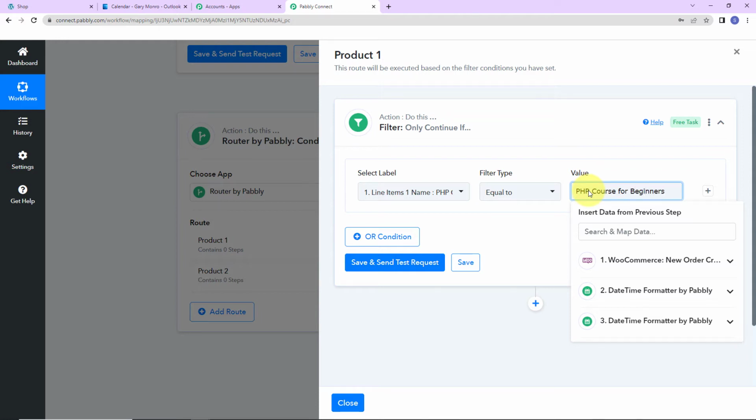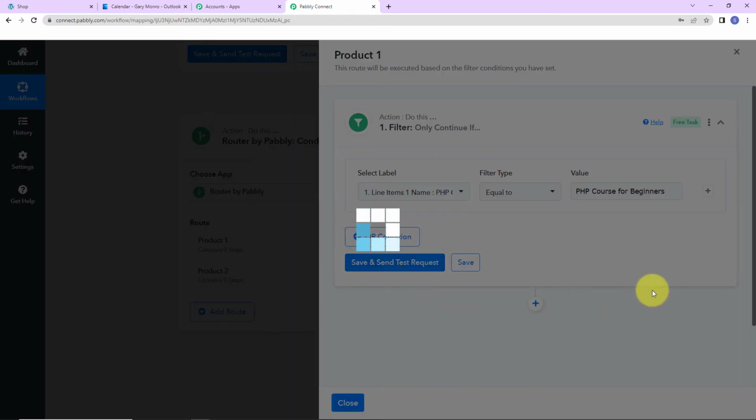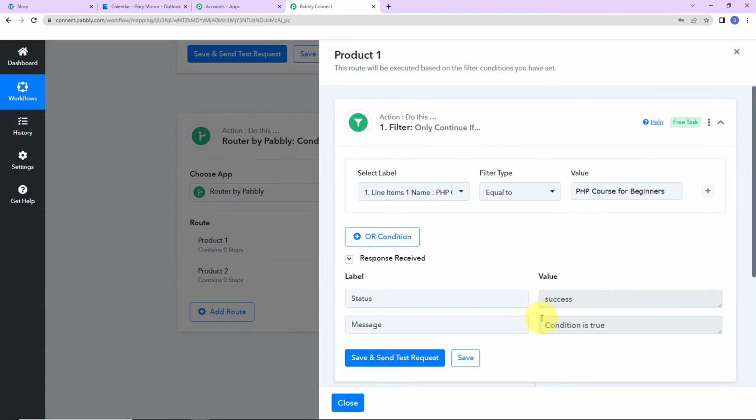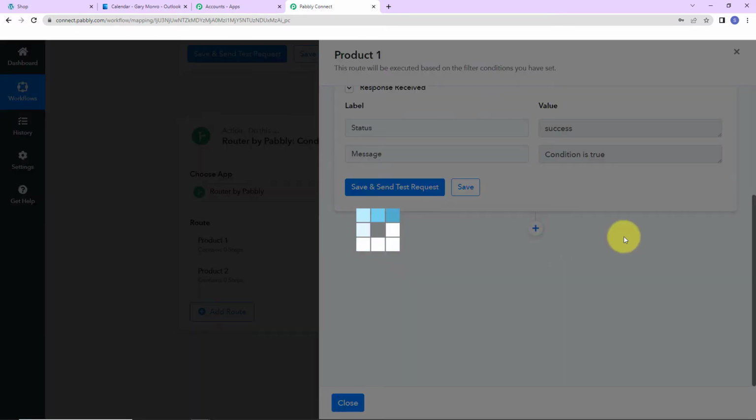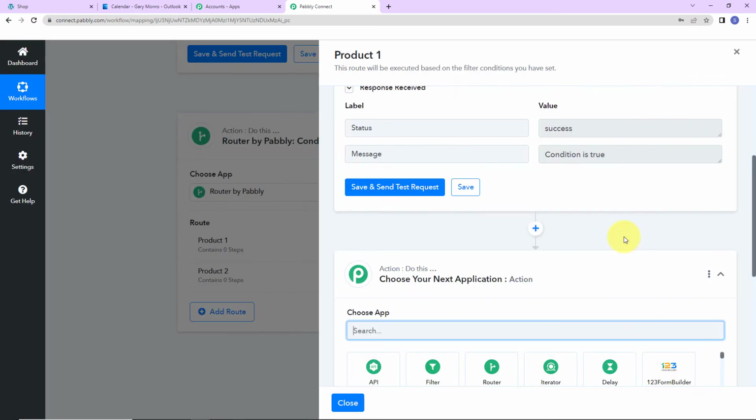You can also copy the same from this above step. Okay, now I'm going to click on save and send test request. So yes, here we can see that the condition is true. So if this is running for this particular product, now my action step here will be to create an event